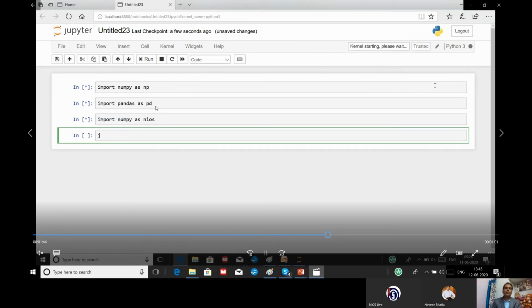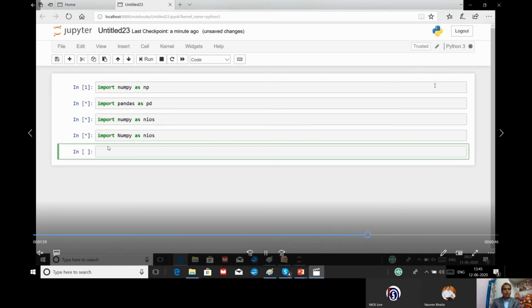One more example: import numpy as nios. Here nios is just an example of a variable. One more thing you have to remember: numpy will always be in small letters. You cannot use capital letters.